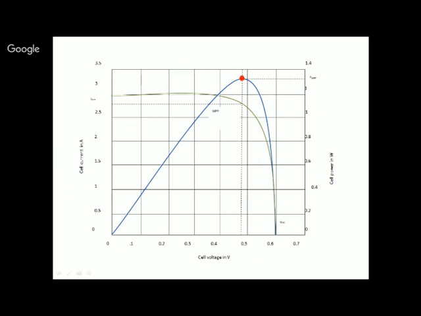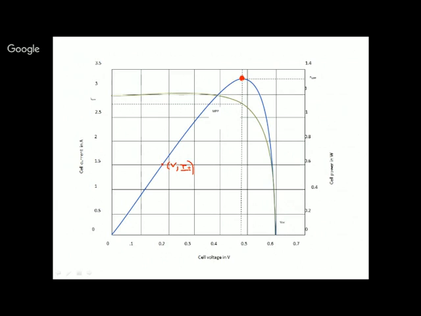We have to achieve this point. So what we do, at any particular instant, we see what voltage is in our panel. Say for example, this was my V and I. At one particular instant, I saw what my voltage and current are. Is this the maximum point? I have just measured my voltage and current and got this point. This is not my maximum point. So what should I do? I should disturb my system and find the new V and I.